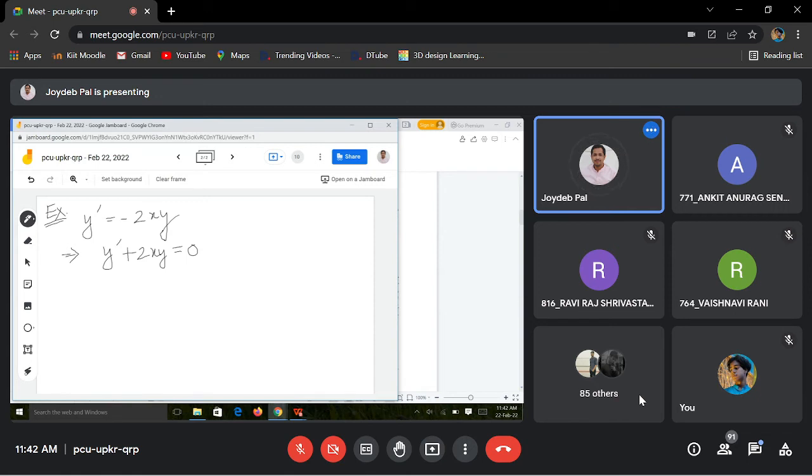Is it not? Yes, sir. But if we apply the power series method, देखो क्या क्या हो रहा है. So initially you have to take a power series. y is equal to